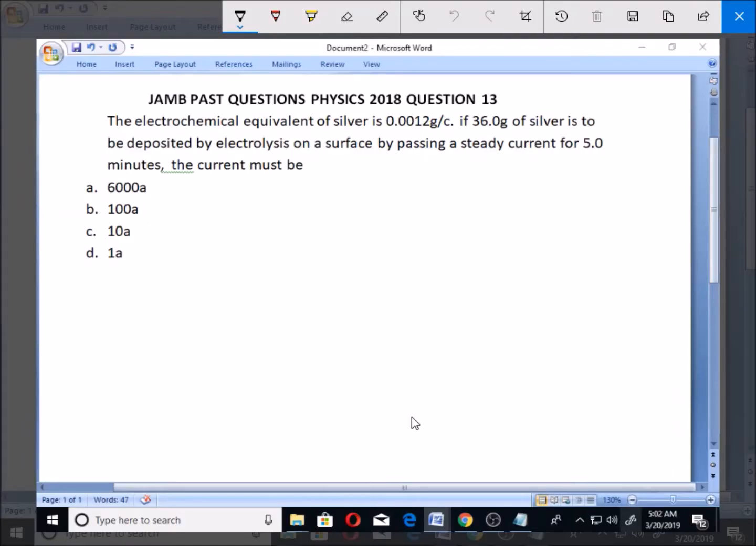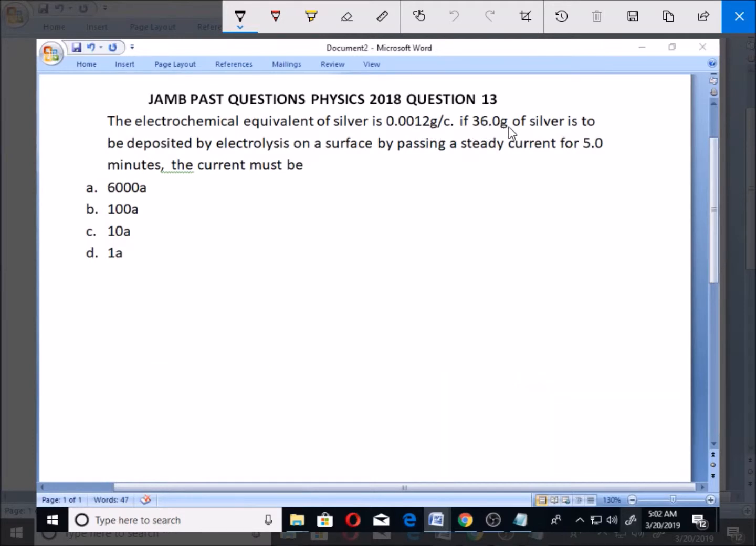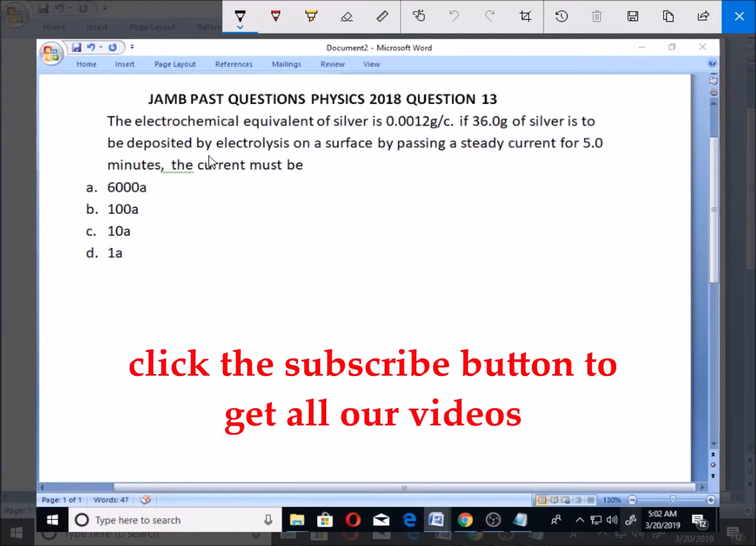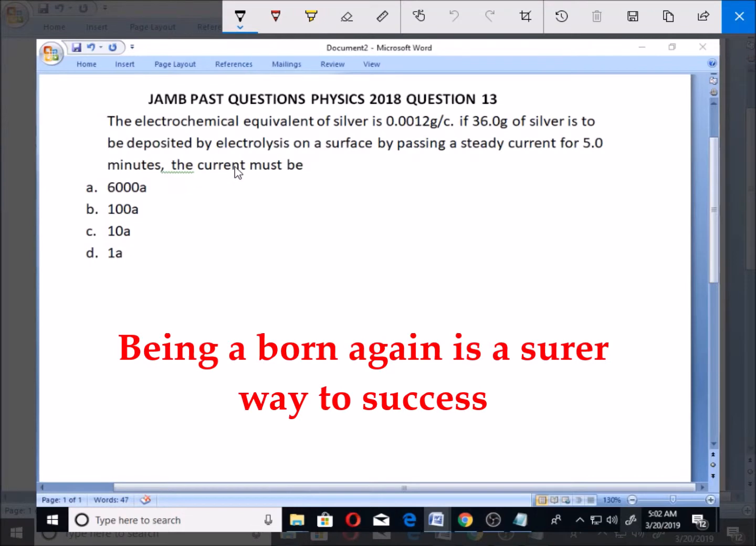Let's look at question number 13 for JAMB Past Questions Physics 2018. The electrochemical equivalent of silver is 0.0012 gram per coulomb. If 36.0 gram of silver is to be deposited by electrolysis on a surface by passing a steady current for 5 minutes, the current must be